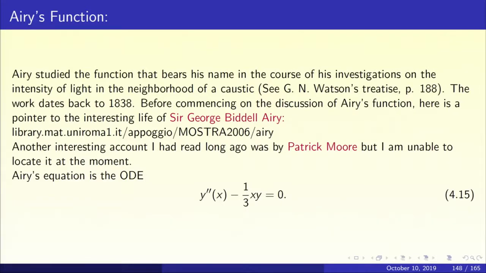Airy's equation is y double prime minus 1/3 xy equal to 0. The factor 1/3 is put there mainly for convenience. Okay, so now let us look at this equation. In this equation, there is no y prime term. That is important. Before taking up Airy's equation, let us look at a few useful methods for tackling conditionally convergent